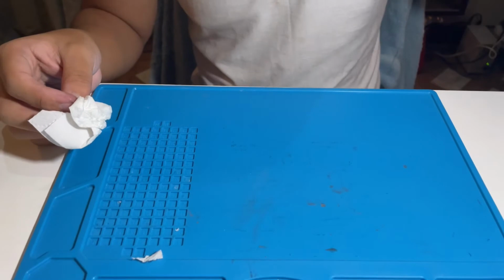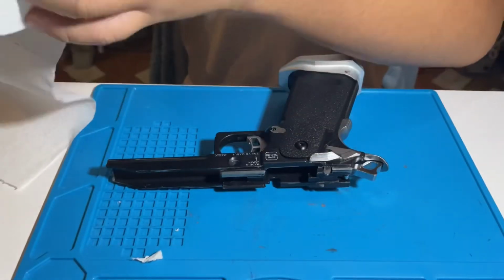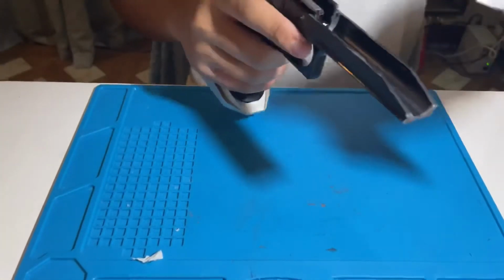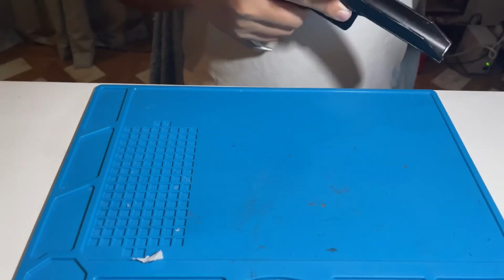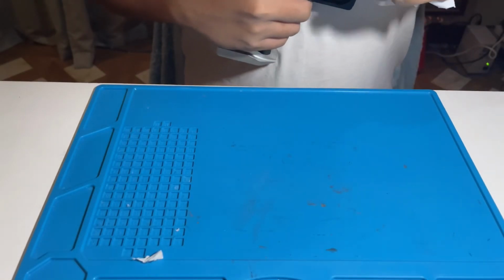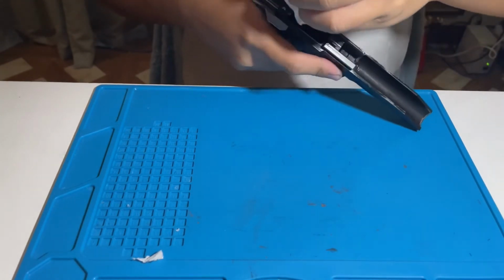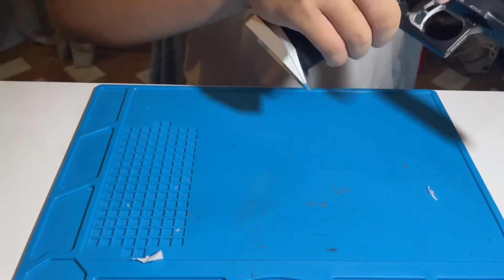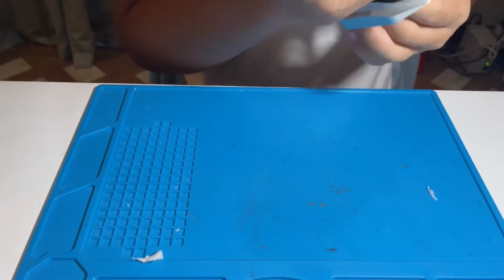Let's put it aside. Our lower is fairly simple. I just want to get another toilet paper, tissue, whatever you want to call it. Just wipe the rails, this part, this one in here, this one, back part, back side, inside of the mag,